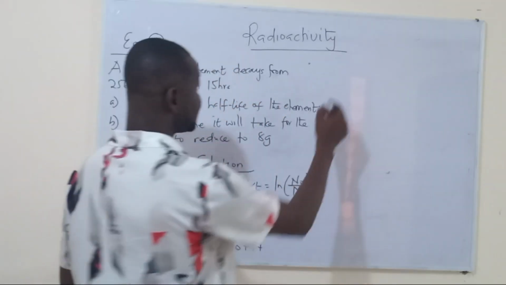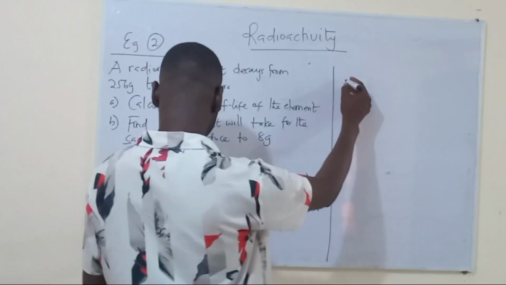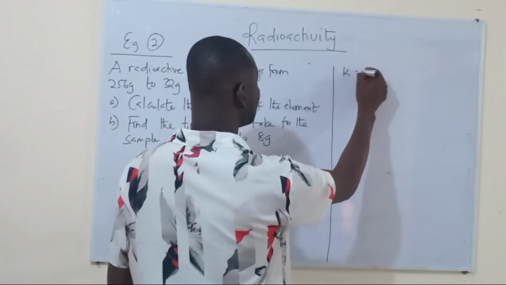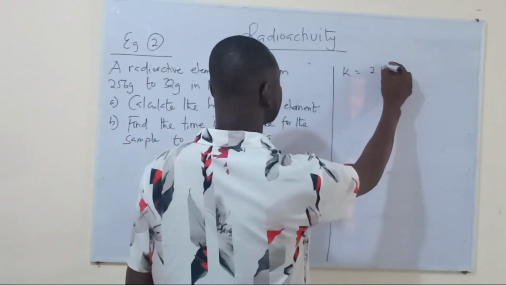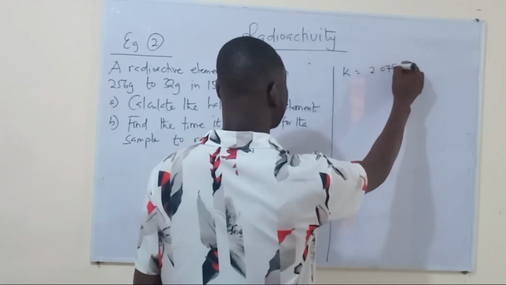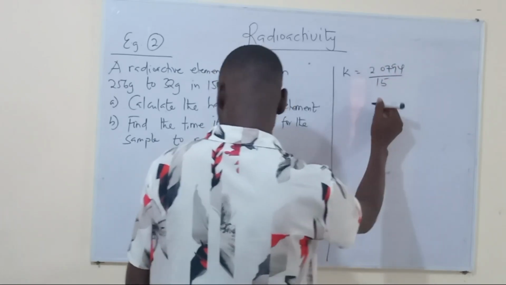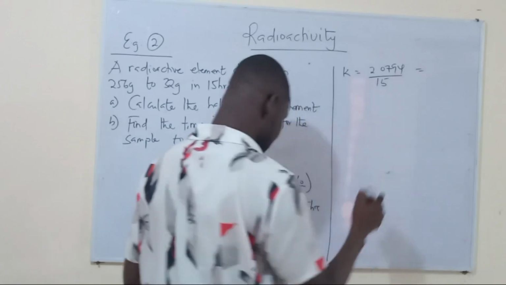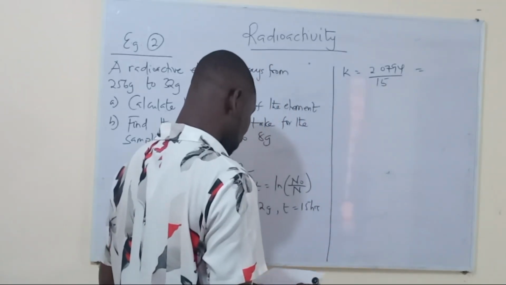So we make K the subject. I have K equal to 2.0794 divided by 15, and I should get K equal to